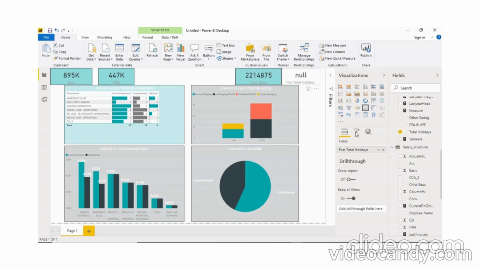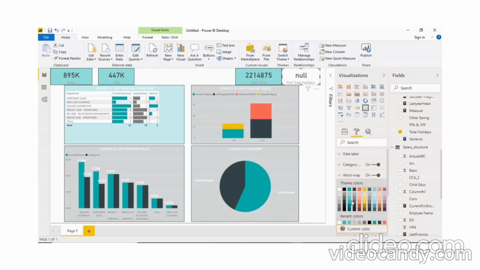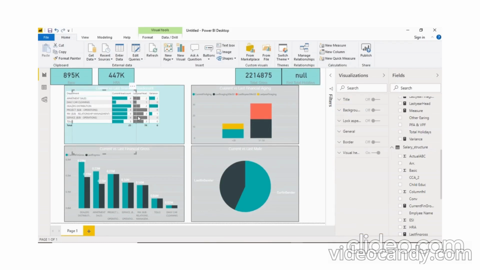Select this data card and reduce the size and go to the format, border, background, and change the color. For the title, I select the text box and put this text box here and type